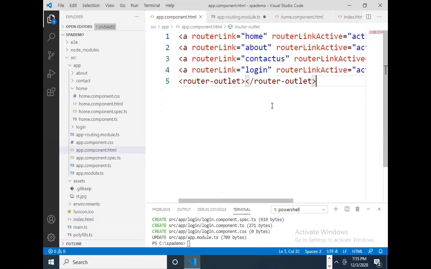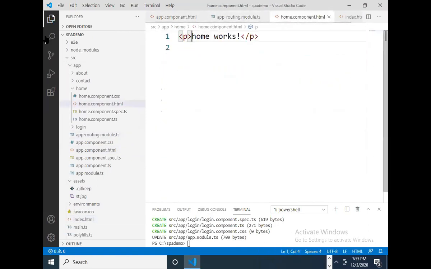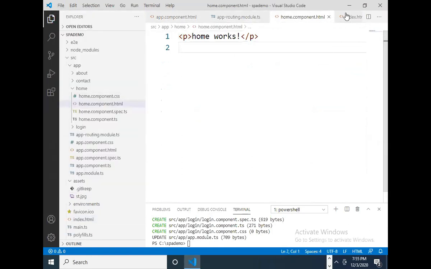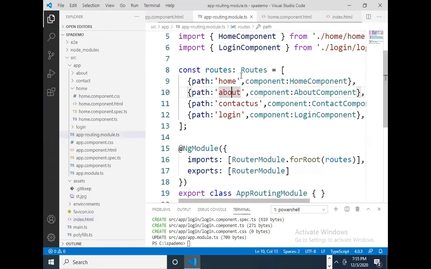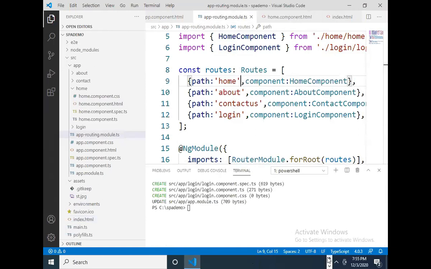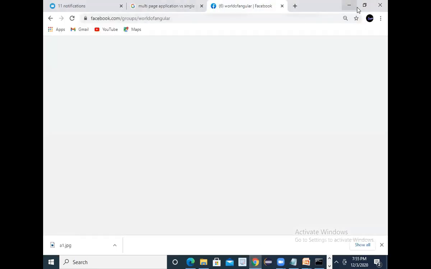So save this one, Control S, and again routing.module.ts, Control S, save. Whenever you do any modification, you have to save. You don't need to compile; auto save is important. Or you can give the option as auto save, then the project will compile automatically. But I think we have done some modification here. Anyway, no problem.